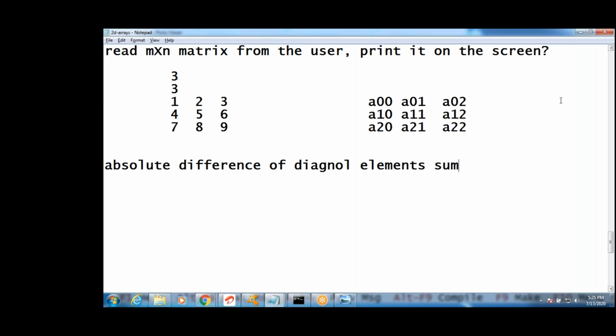Yeah, guys, I want the first diagonal. See once how to write a first diagonal. This is 1, 5, 9. What is it, guys? A00, A11, A22. Right? This first diagonal element sum I want. How to get a first diagonal, guys? What are the first diagonal elements? Yeah, guys, we can check it. A00, A11, A22. Yes or no?